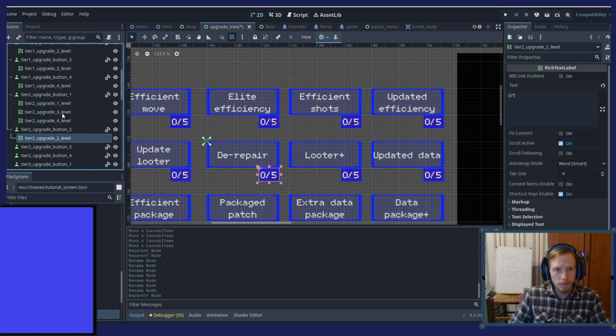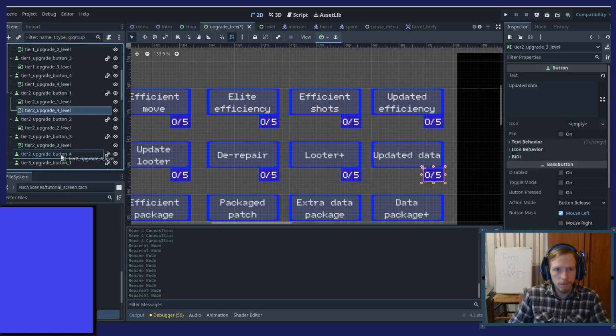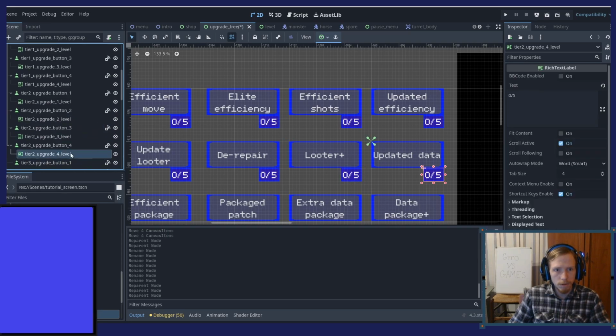This one goes here, this one goes here, and this one goes over here.